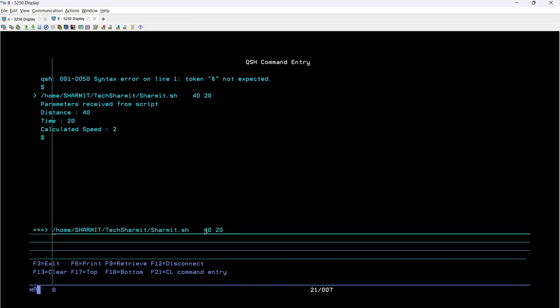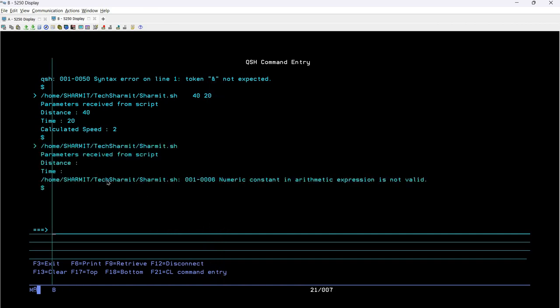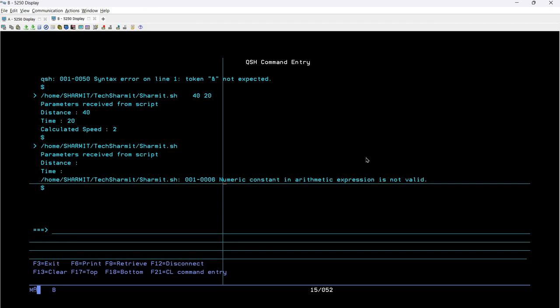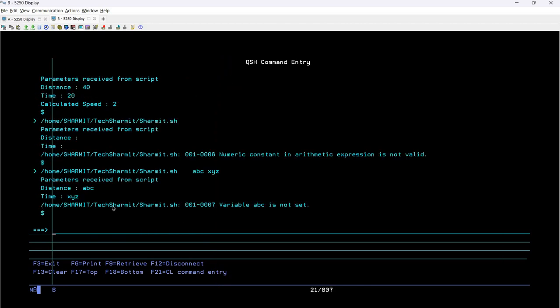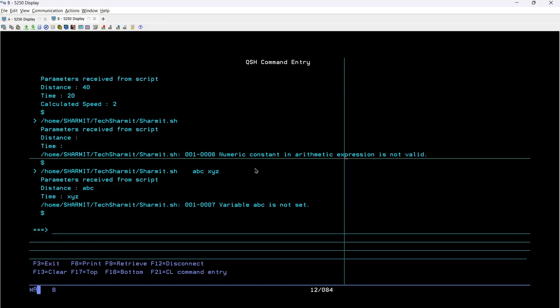Like, let's say if you are using the formula and you are not providing the value, then what will happen? It will give you this error, because it is trying to use blank and blank for the distance and time calculation, which is wrong, right? So you can see numeric constant in arithmetic expression is not valid. Same goes if you try to provide invalid values like ABC and XYZ. So again it will show you the error, which is like this: variable ABC is not set. Okay, so make sure that whenever you are running this script, provide the valid parameters, otherwise it will give error,